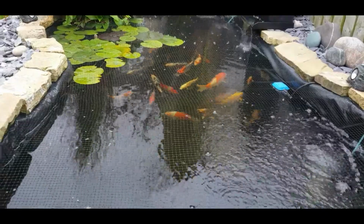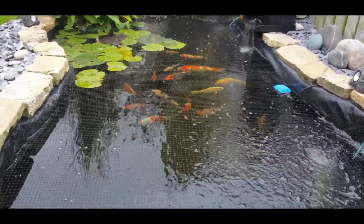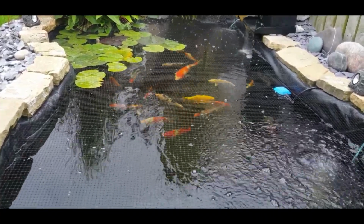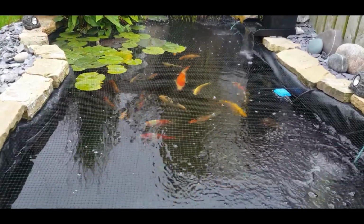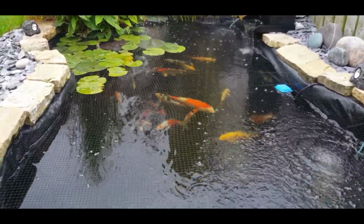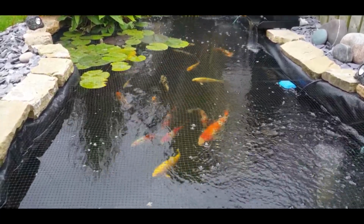So I thought, well, I'll do a couple of scrapes. So I took out 3 fish and scraped them. None of the 3 fish that were out last time, 3 totally separate different ones. One of which is the fish with the white film all over its body. This particular fish in question, but